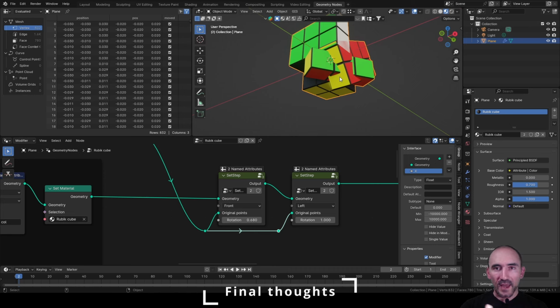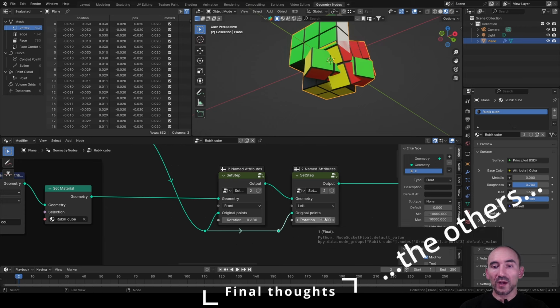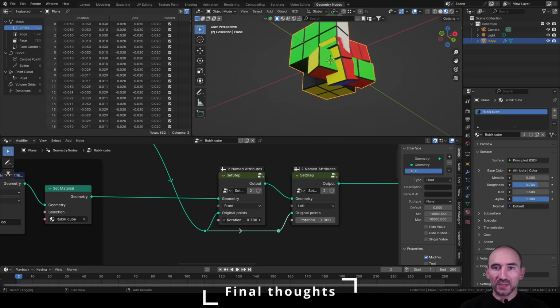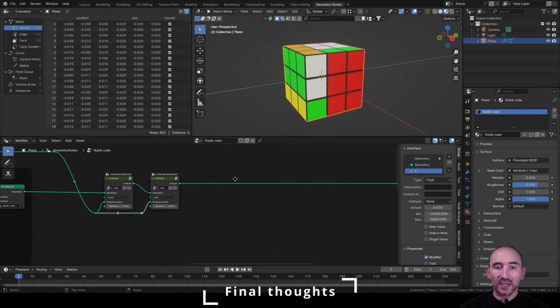You need to end with one rotation to start with another rotation, and the same is here. So remember, if you need to animate this value of the rotation before starting to rotate the next step, the previous step, or whatever step you want, make sure to have all the values to an integer value. And as you can see, if I increase these to 1, I have the correct rotation,